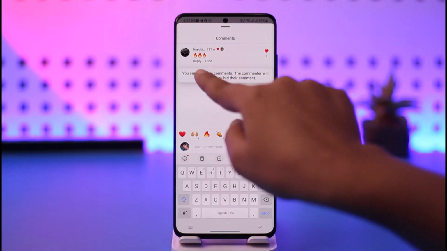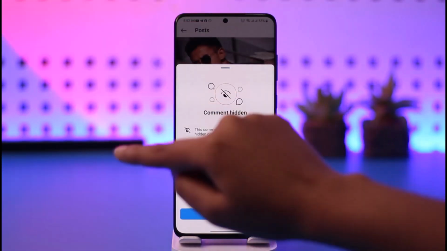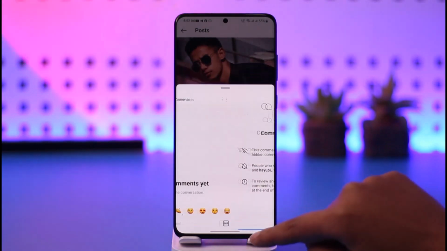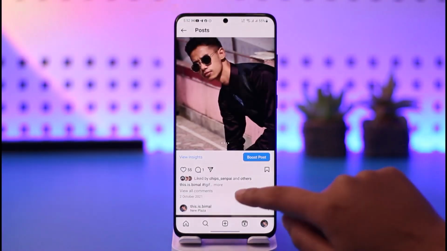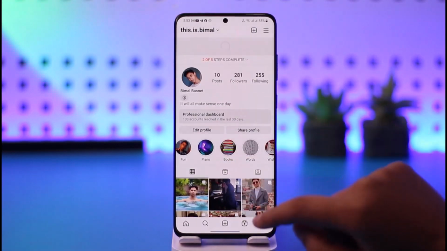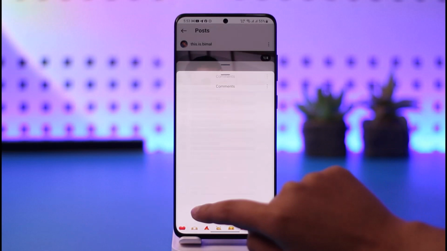right? And within the comment you can see the options called reply and hide. If you tap on this hide option and then tap OK, now your comment is hidden, right? Again, you go back, refresh your profile once again, go to that particular post, go to comments, and